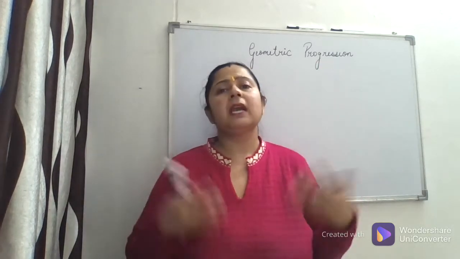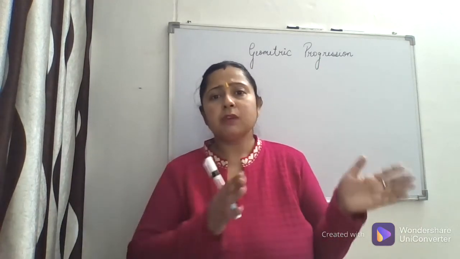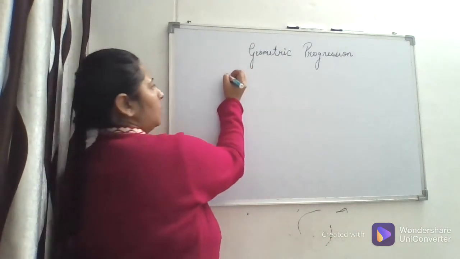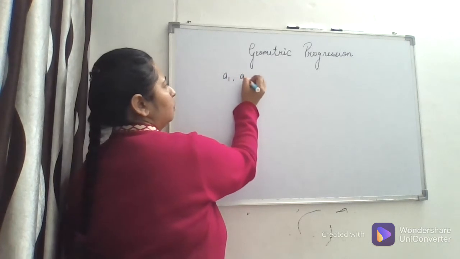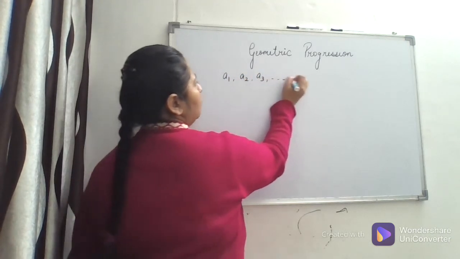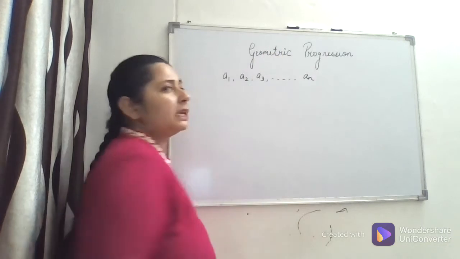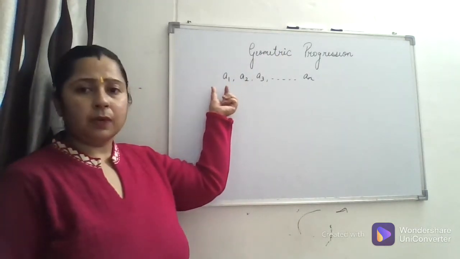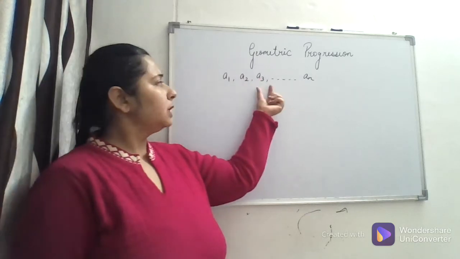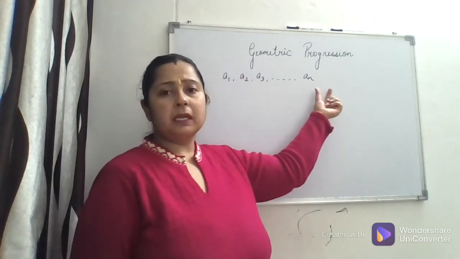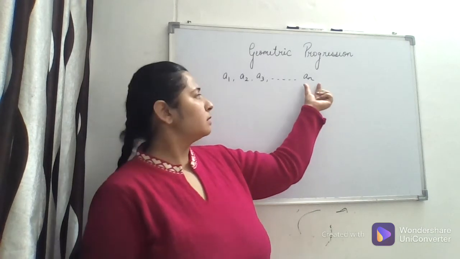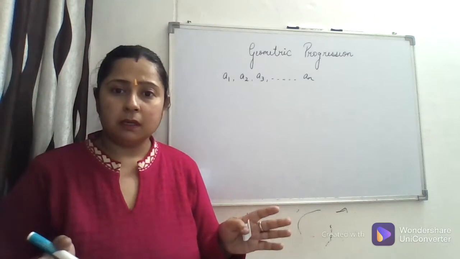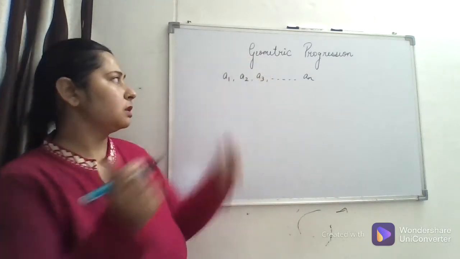Now, geometric progression comes in any type of sequence, any sequence A1, A2, A3, and so on till AN. If it is a finite sequence, where term 1 is A1, term 2 is A2, term 3 is A3, and so on till term N, that is AN, and it follows a certain rule. And that rule for geometric progression is